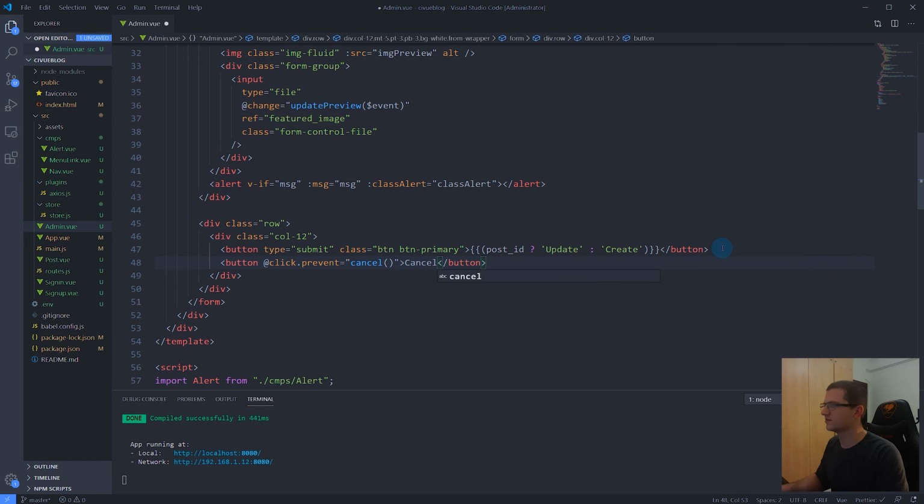Let's make it a cancel button. Some classes that I would like to add are class equals btn not success. Let's make it a btn secondary class, and float right. So this looks fine,